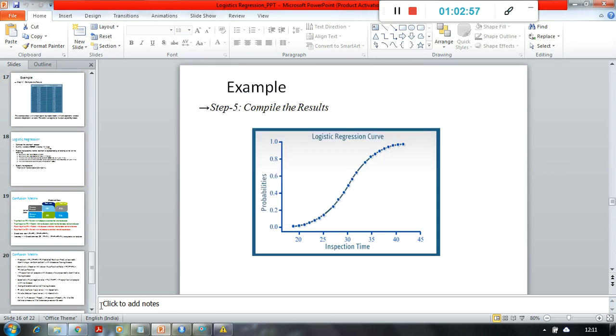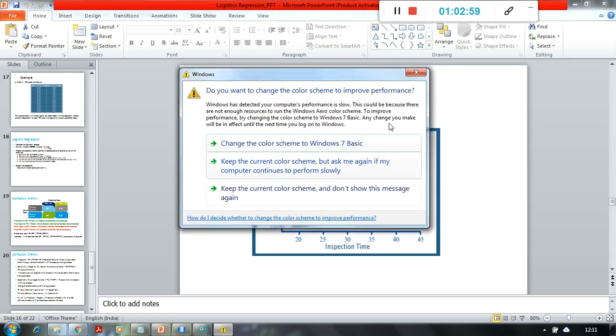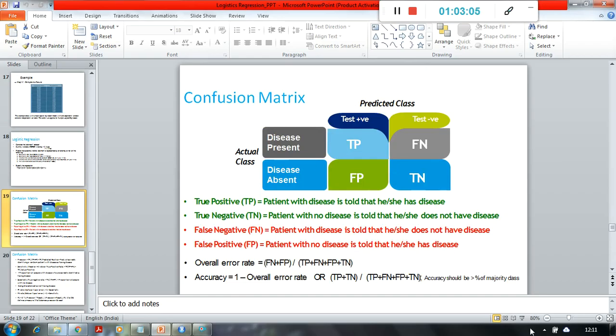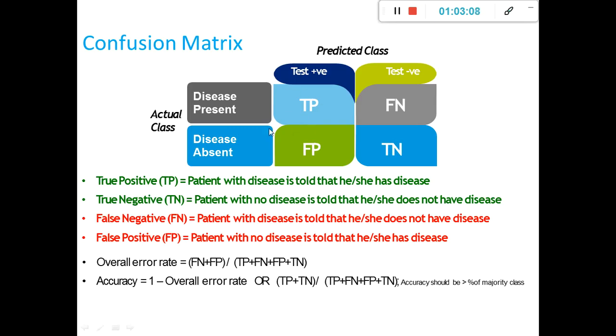And when I plot that table to get the classification, that is called the confusion matrix. So in a confusion matrix, what we always have is some correct results, which are called true positives and true negatives, and some wrong results, which are called false positives and false negatives.